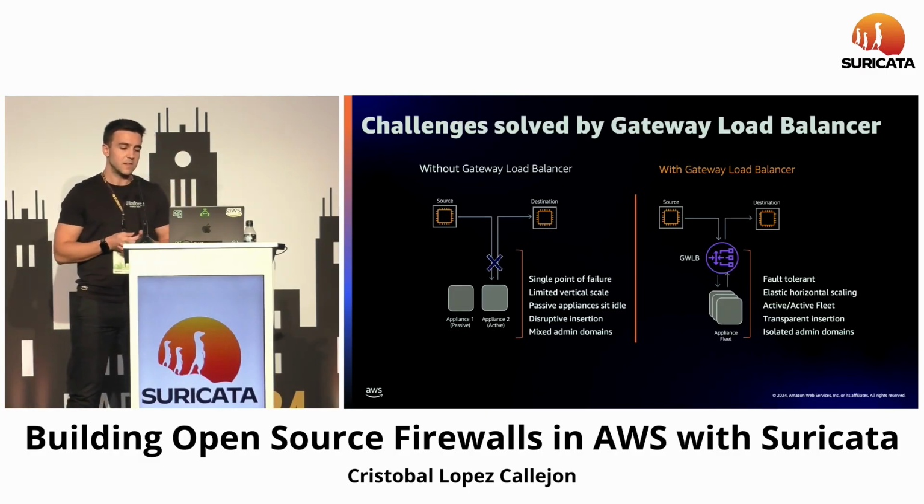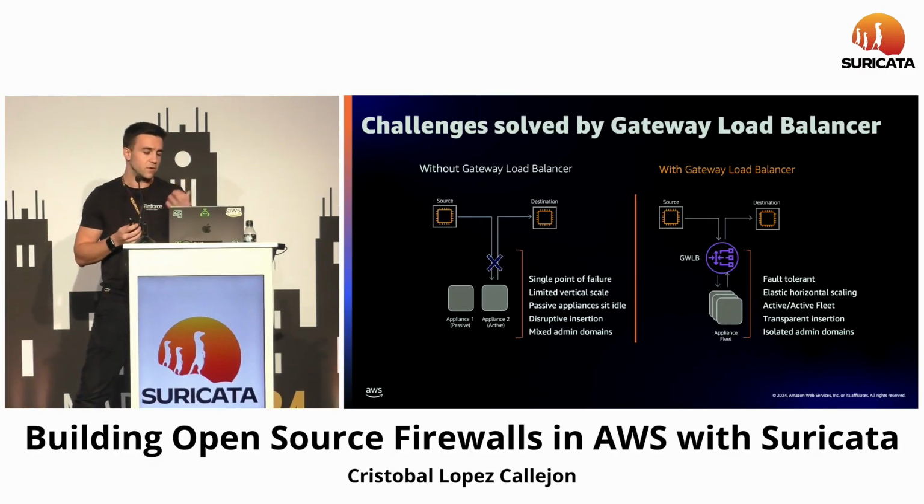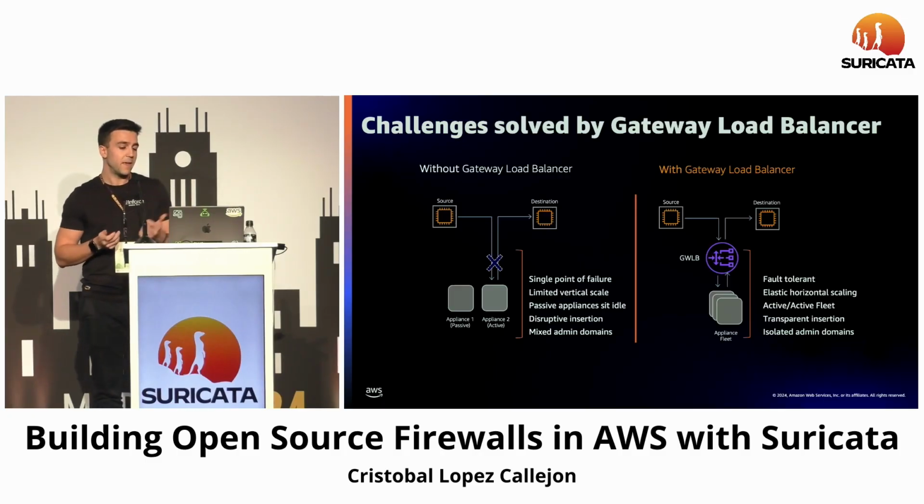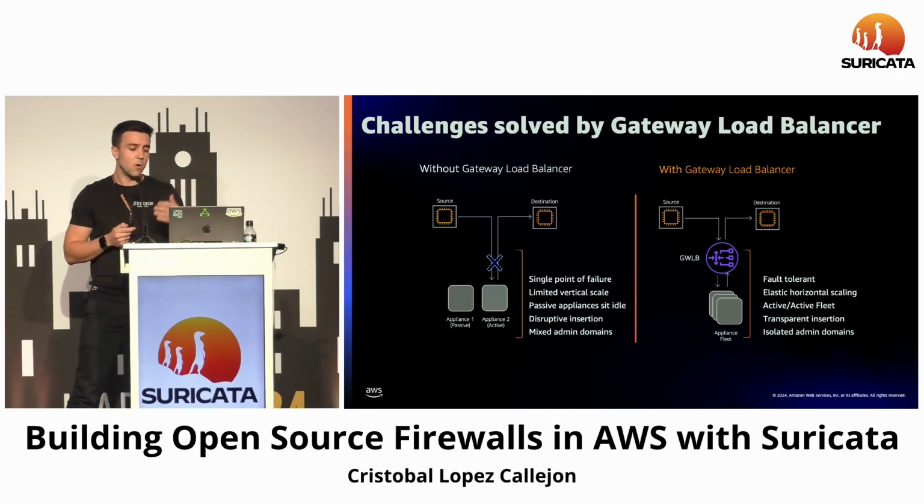And this gives us fault tolerance because the traffic is going to be load balanced between the different instances deployed. We can have elastic horizontal scaling in case we have peaks of traffic. We can adapt to the demand that we have on our servers. We can have an active fleet, without having any idle capacity that is not doing anything. Also, we can have transparent insertion in this model, and also isolated admin domains, as the networking people